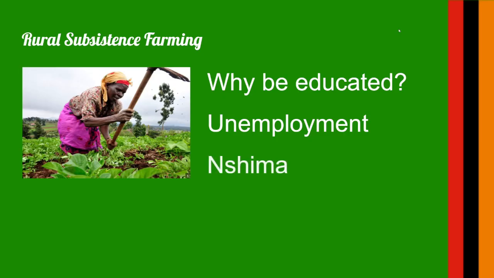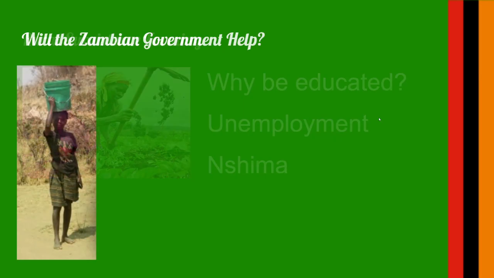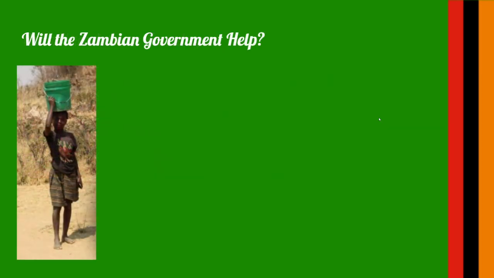Also, your basic food source in Zambia in these rural areas is called nshima, and it's a corn mash mixed with water, and it's eaten twice a day, and it's basically the only food a lot of these people have in these rural areas. What's the point of education in an environment that is so impoverished? There has to be some type of solution. The government does try to help.